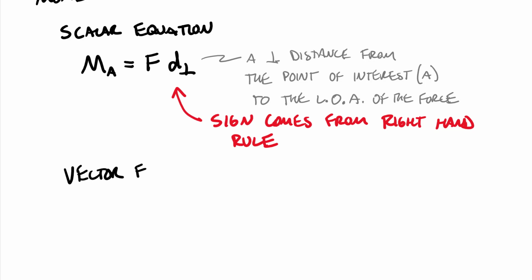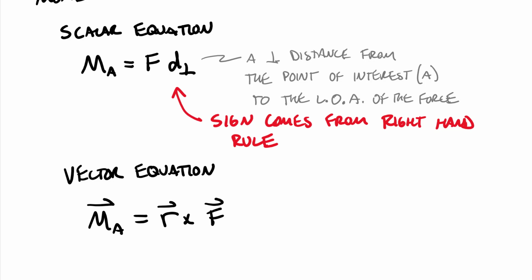for a moment is that the moment around point A as a vector is equal to R cross F. And again, just to put this in words, we could say that this R is defined as any vector from the point of interest